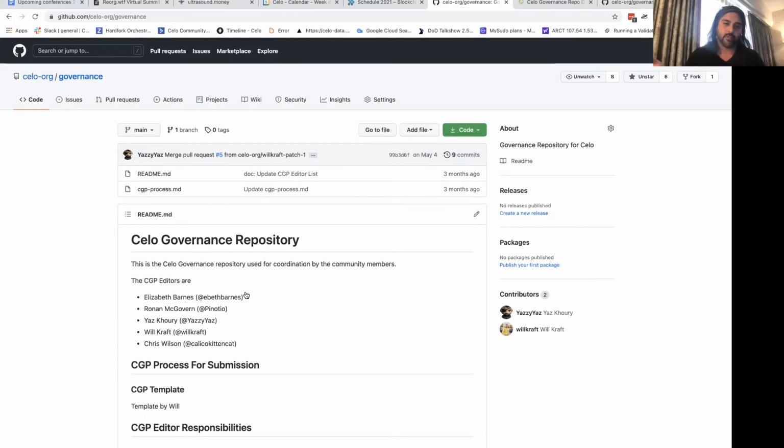Naturally, if you're an editor for the CIP process, you need some sort of merge right that other people don't have. But with the governance process, you'd want it to be separate, with separate rights for the governance editors. So I think it made more sense to move governance to its own repo.